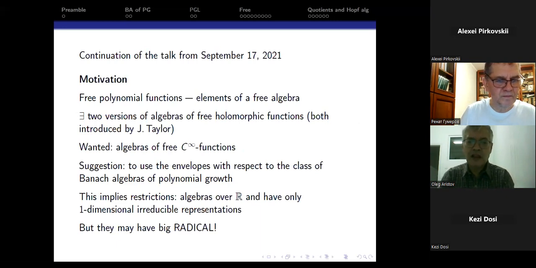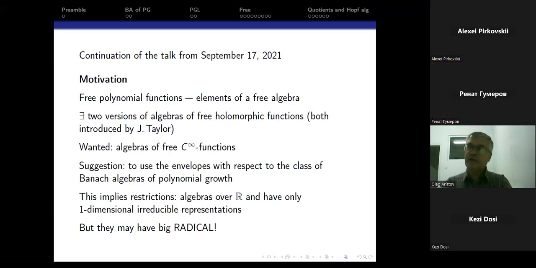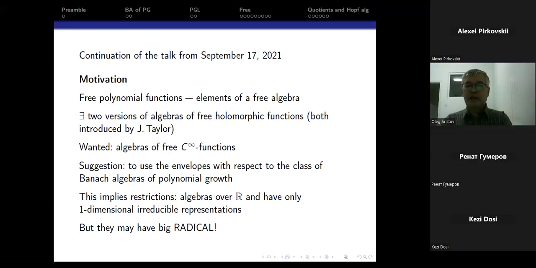Okay. So this talk is a certain continuation of my talk two years ago, September 2021. So I begin with motivation. If we consider elements of a free algebra in the pure algebraic sense as free polynomial functions, so it's natural to consider the elements of algebras introduced by Joseph Taylor many years ago